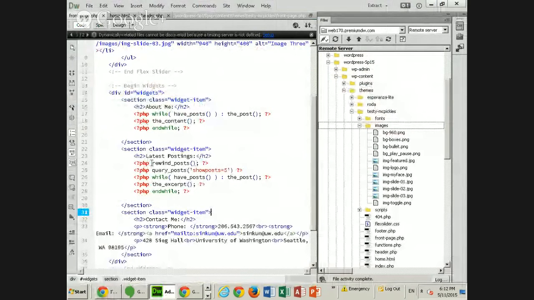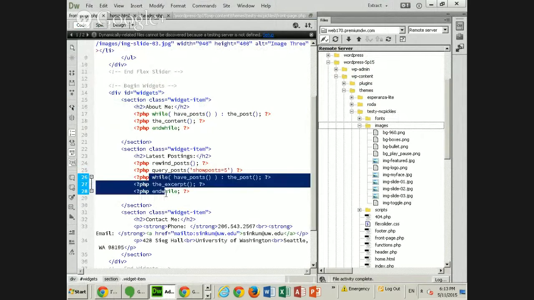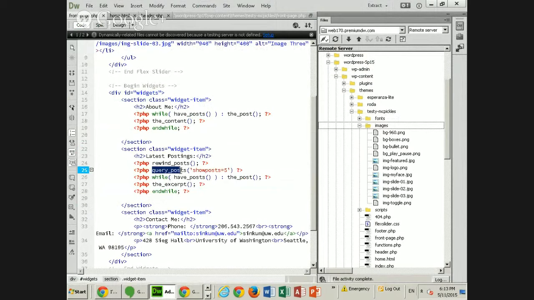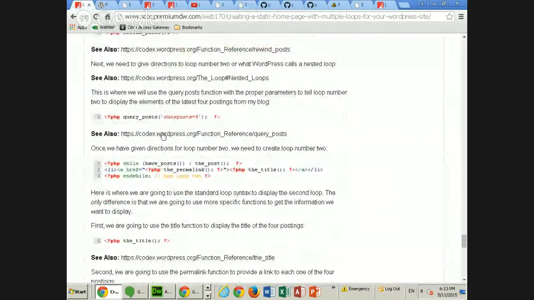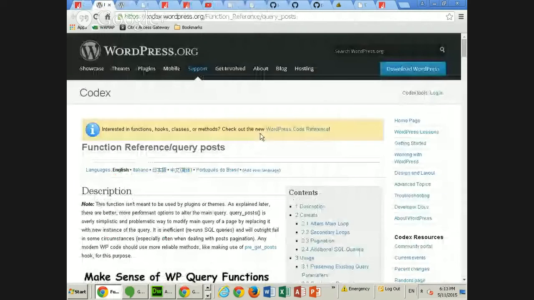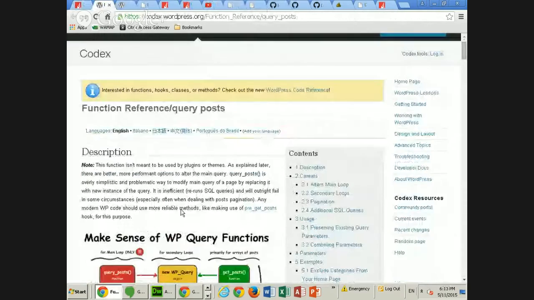So basically what we're doing is we're stopping loop 1. We're then using the query post function to give directions to loop 2. So let's go explore the query post function. So what I'm doing is query posts. Oh, in my demo I said 4. Okay. If we go to this query post function, then